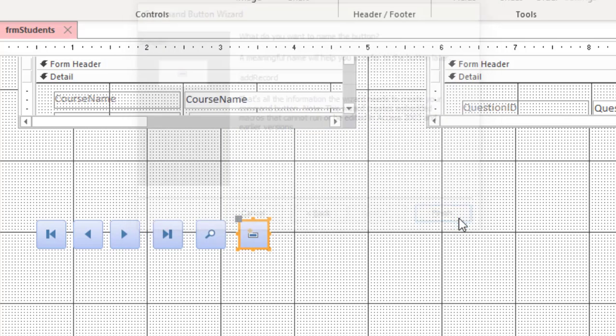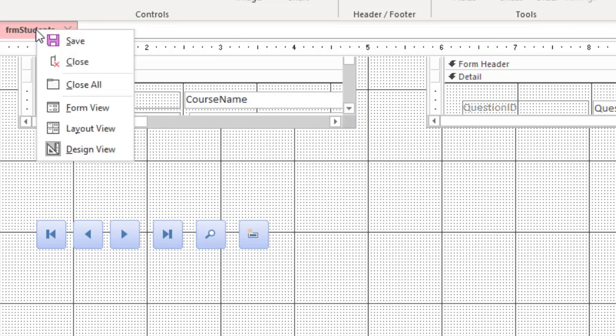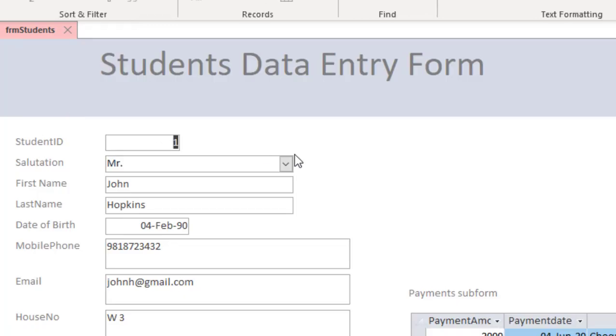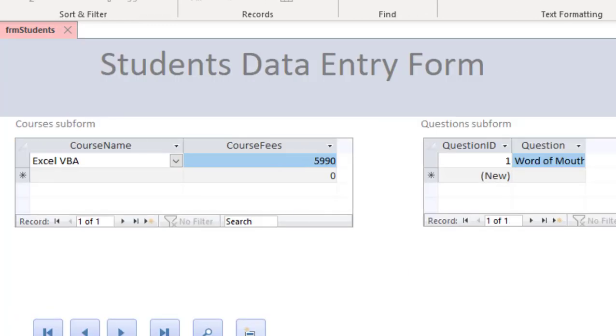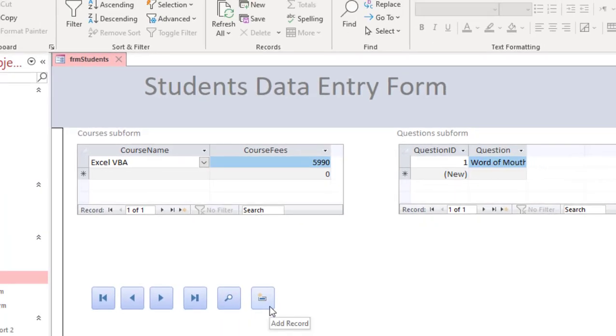And finish. So you see here it is well aligned, and if you see it in the form view and just hover over it, it will tell you that this button does an add record.